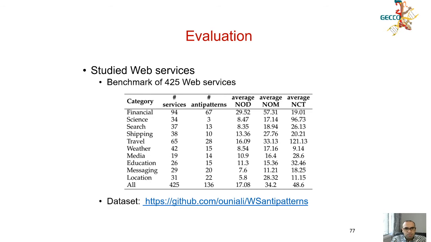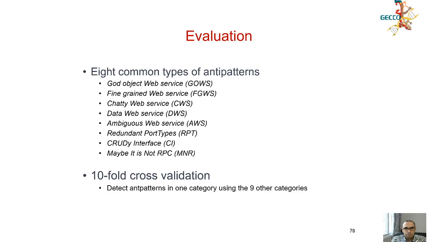So we used in our experiments a benchmark of over 400 web services. The dataset is publicly available and contains different web services from different application domains with different instances of anti-patterns. For our experiments, we considered 8 common types of anti-patterns: the God object web services, the fine-grained web service that I already described in the motivation, and the chatty web service, which represents an anti-pattern where a high number of operations, typically attribute-level setters and getters, are required to complete one abstraction. This anti-pattern may have other fine-grained operations and can degrade the overall performance and response time of an application. We can also have ambiguous web services, where the names cannot be understood